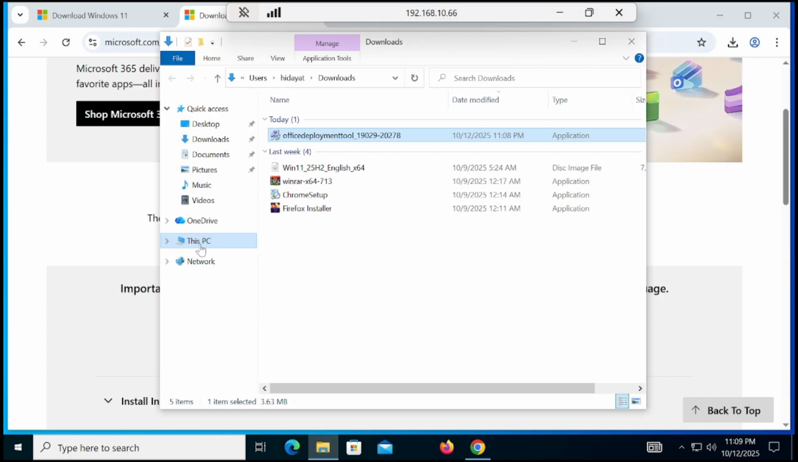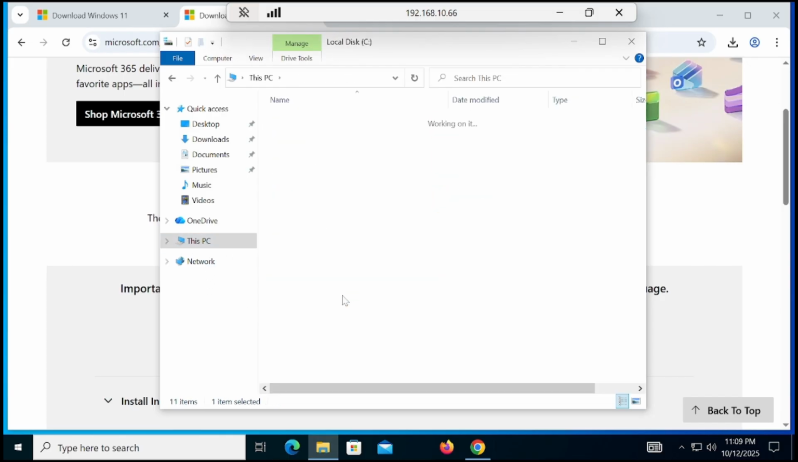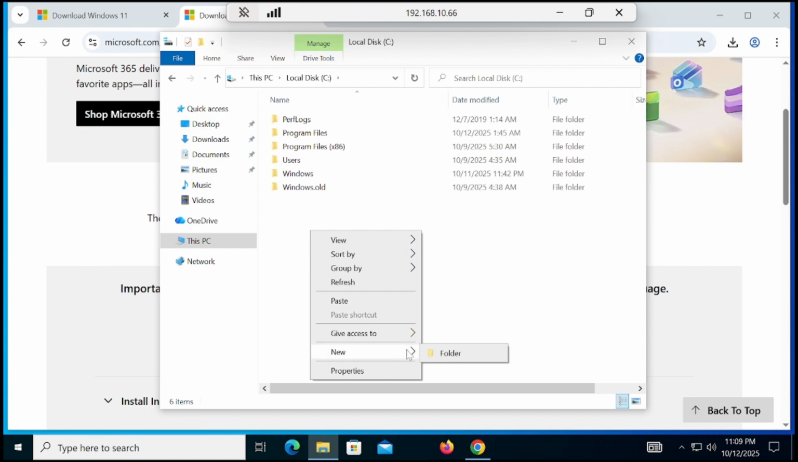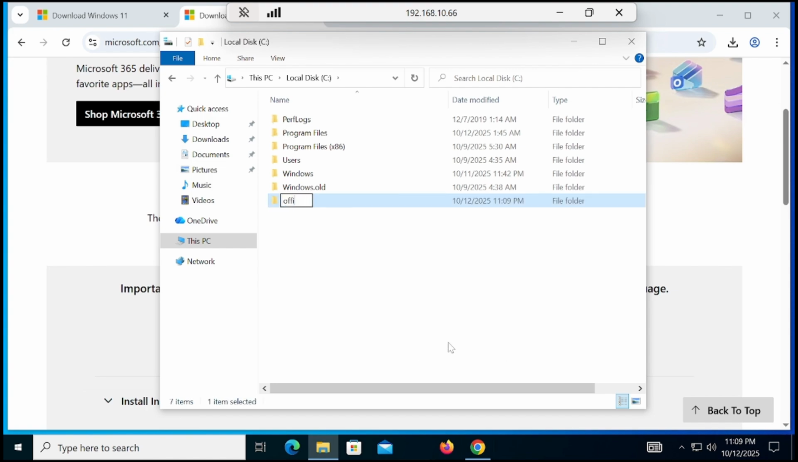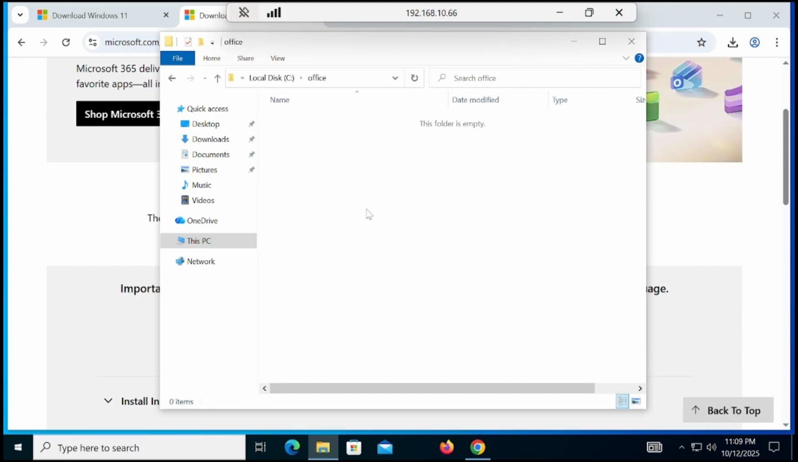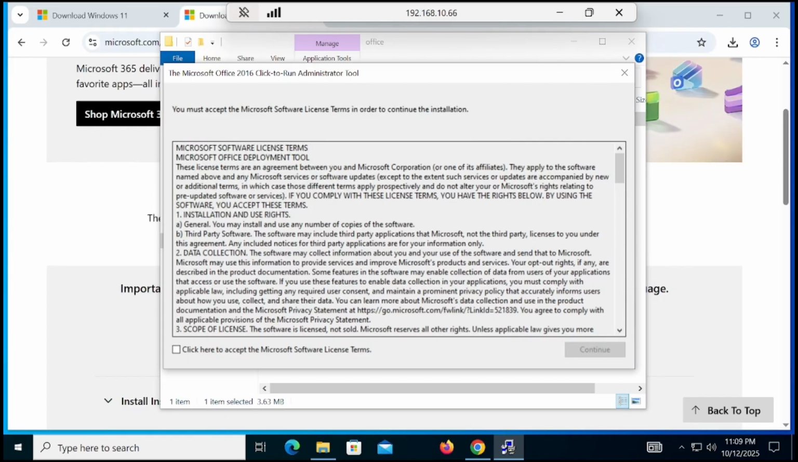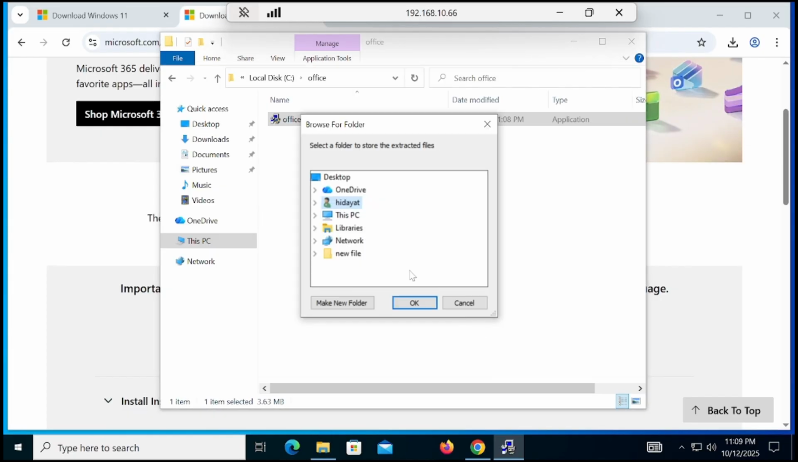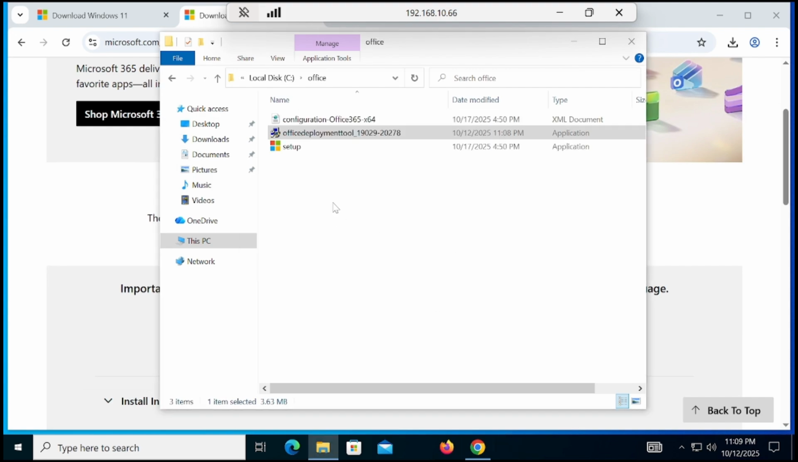cut, and then paste inside the C drive. You have to create one folder, then paste it over here. Once you paste it, you have to double click on it, hit yes, accept. Then you have to select the same drive where we have created the folder Office, and then click OK. The file will be exported,